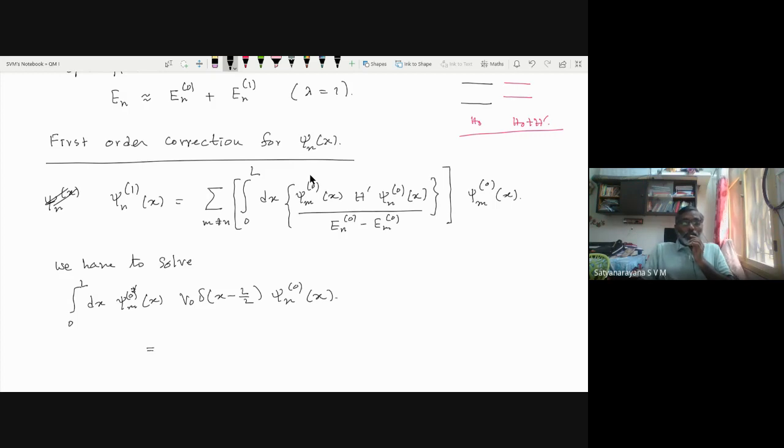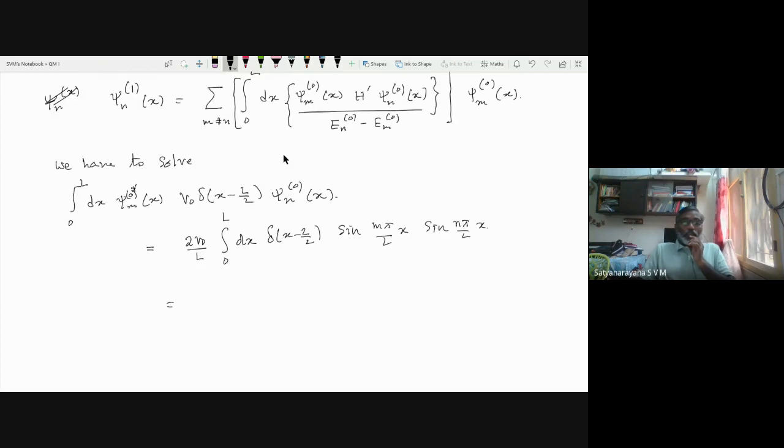So that is equal to 2v naught by L integral 0 to L dx delta of x minus L by 2 into sine m pi by L into x into sine n pi by L into x,